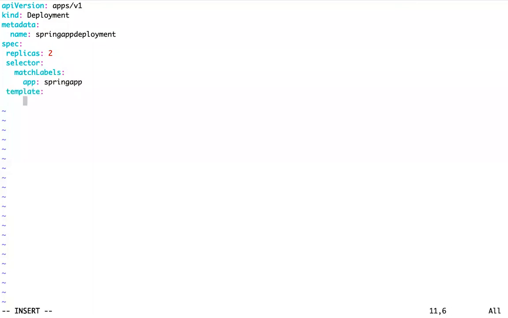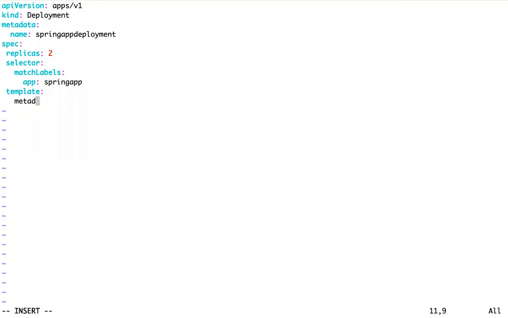Under which you are going to define your pod information for this deployment. Something like this.